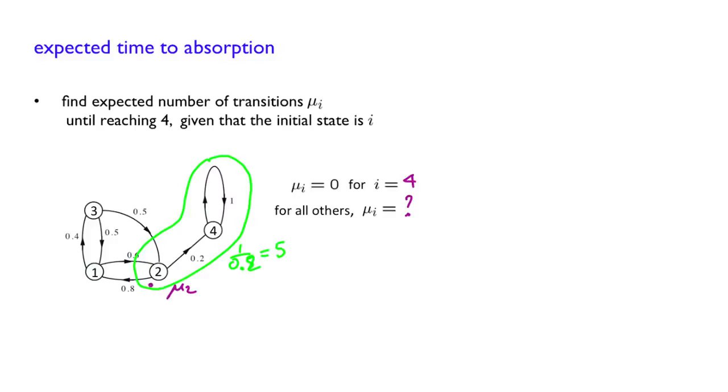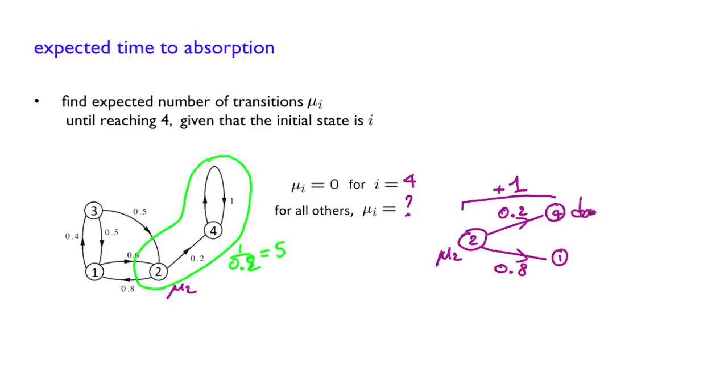So you are in 2, and we're going to build that tree here. So you are in state 2. What could happen next? Well, you can either transition to 4 with probability 0.2, or with probability 0.8, you end up in 1. And you have done one transition here, right? So plus one transition. So you are interested in calculating mu2. After one transition, you either end up in 4. In that case, you stop, you're done, right? In other words, the resulting value here would be mu4, which we know is 0.